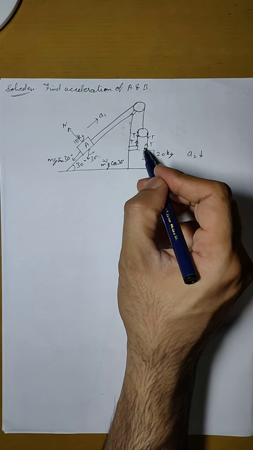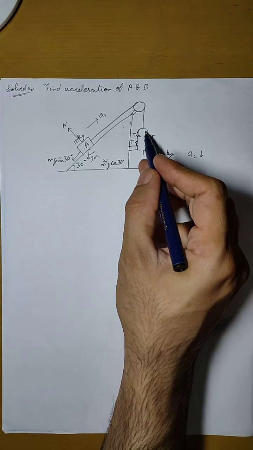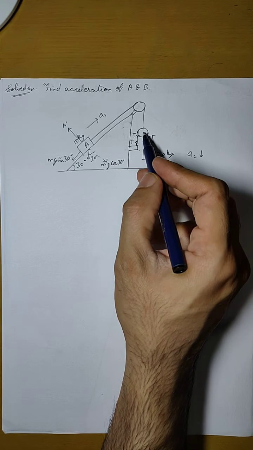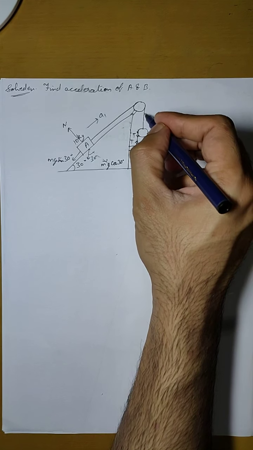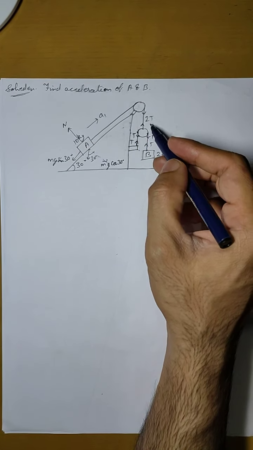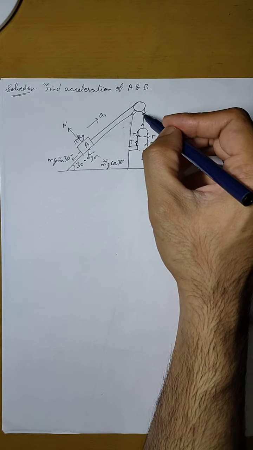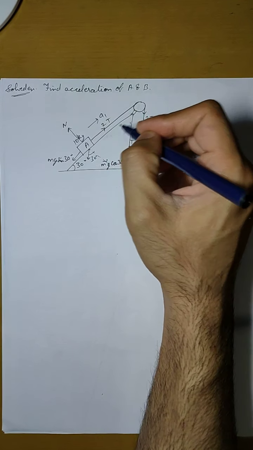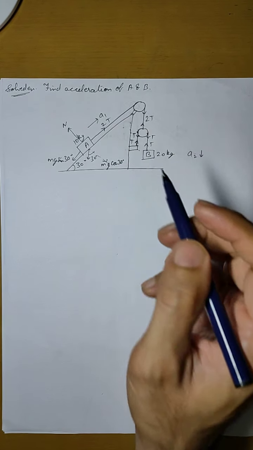So in upward direction the tension will be T plus T. Now since it is an ideal pulley, it is massless, so the total force on this should be equal to 0. So if it is 2T in upward direction, then that means the tension between these two pulleys is 2T. So the total force on this pulley becomes equal to 0. So if that force here is 2T, that means the tension between A and pulley is also equal to 2T, because it is the same string connecting A over this pulley to this pulley.